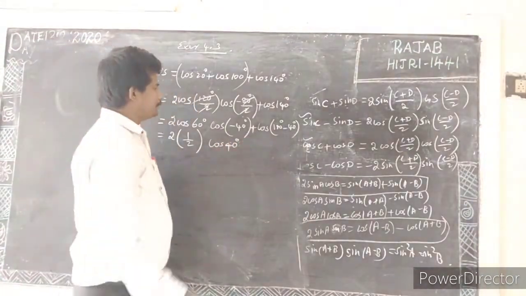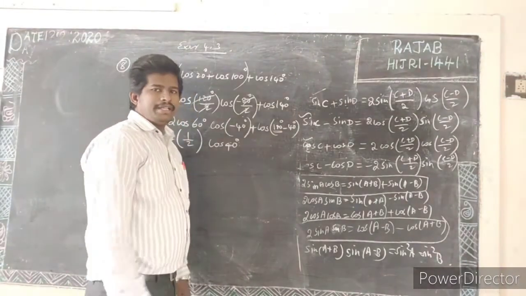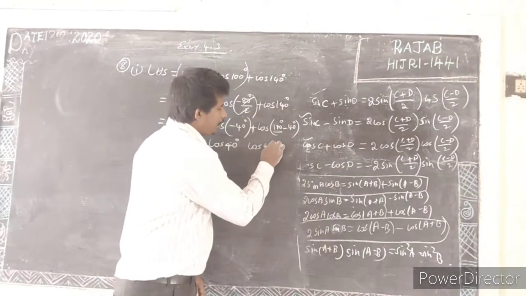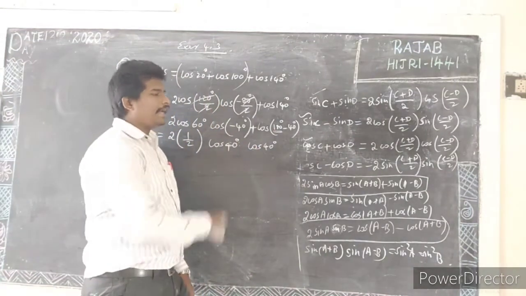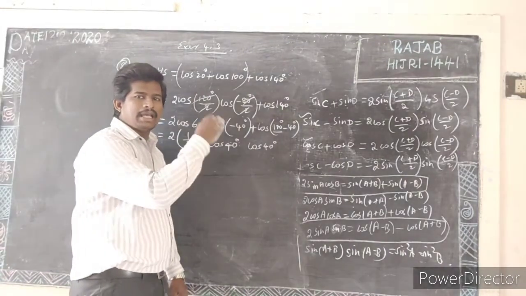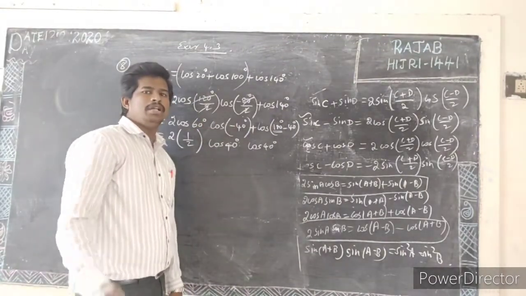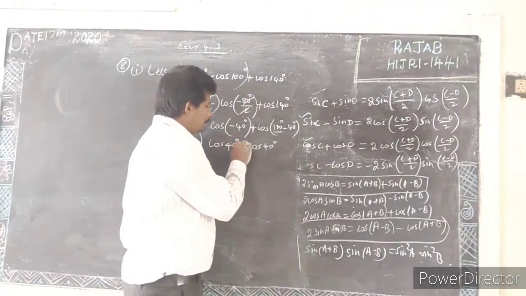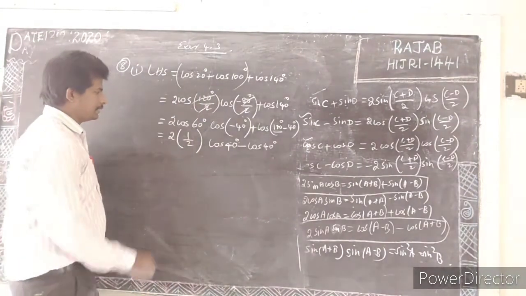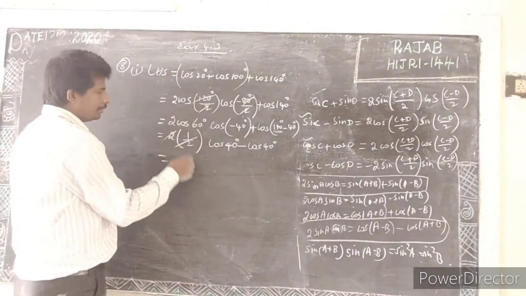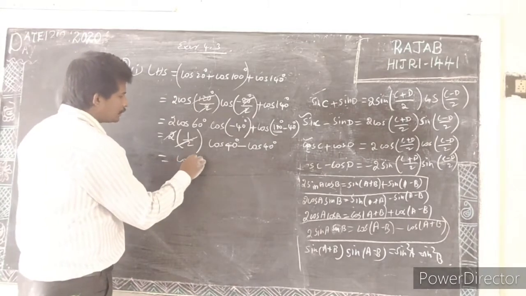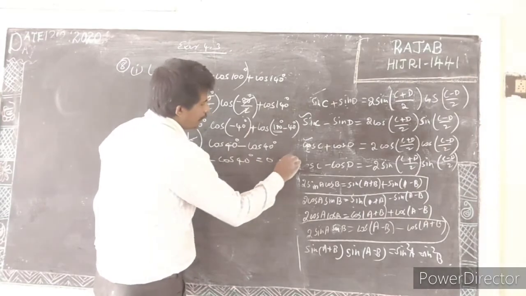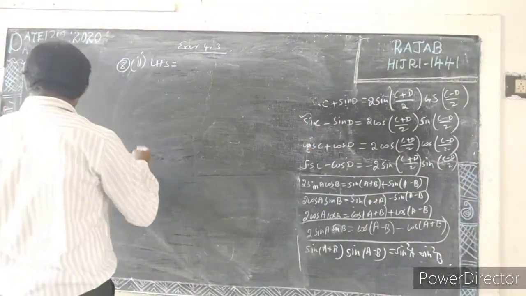Look at this. Here we are having 180, so there will be no change in the ratio. So cos 40 degree. Here we have to check the quadrant. Here we are having 180 degree minus 40, so the angle lies in the second quadrant. In the second quadrant, sine and cosecant are positive, remaining are negative. Here we are having cos only, so it becomes minus. 2 into 1 by 2 will get cancelled. So what's the remaining? Cos 40 degree minus cos 40 degree, it becomes 0, which is our required RHS.